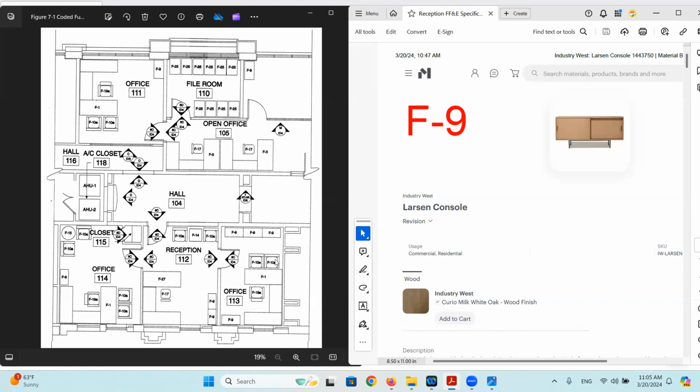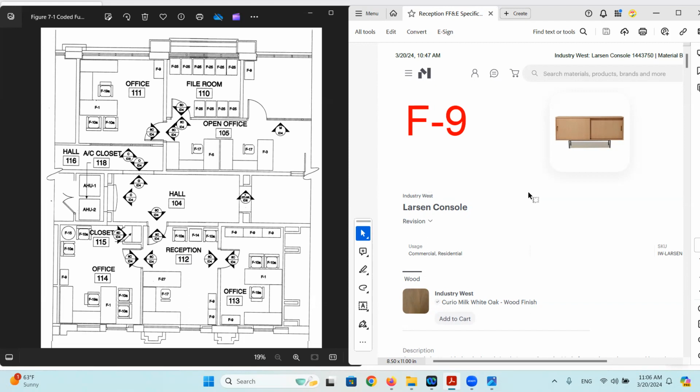Now, to the right, what you're seeing is a PDF, and this is a PDF made up of images or cut sheets, also called specification sheets, provided by the manufacturer for the different pieces of furniture that you see over here. Now, you can imagine that the designer at the design firm who completed this project selected and purchased these pieces of furniture.